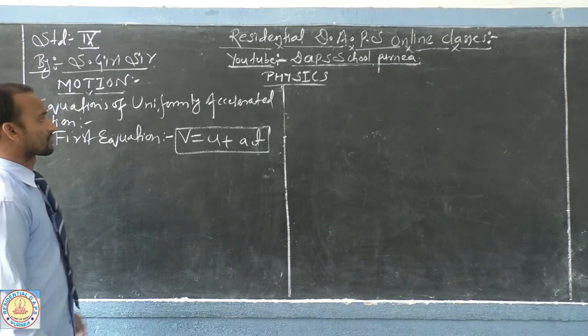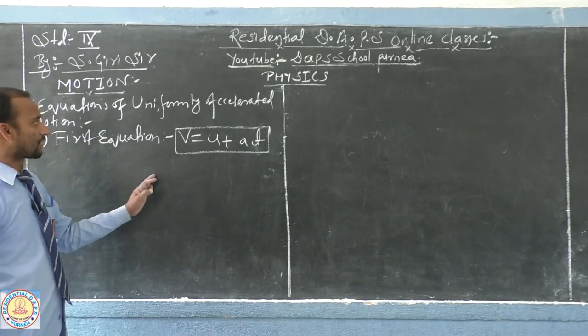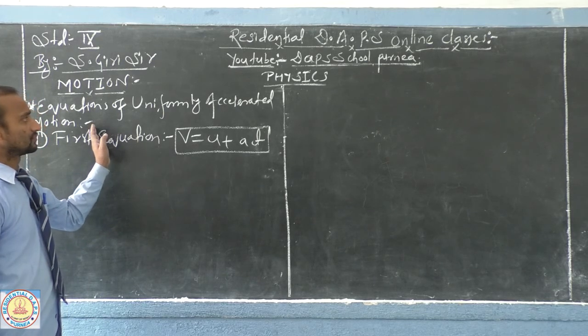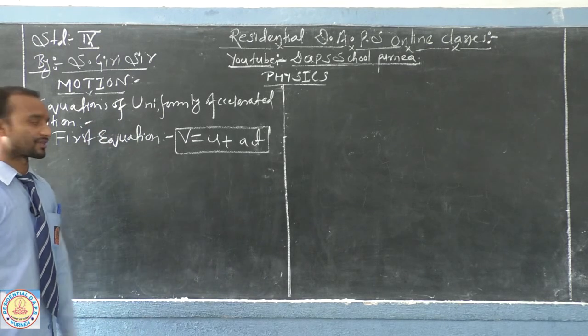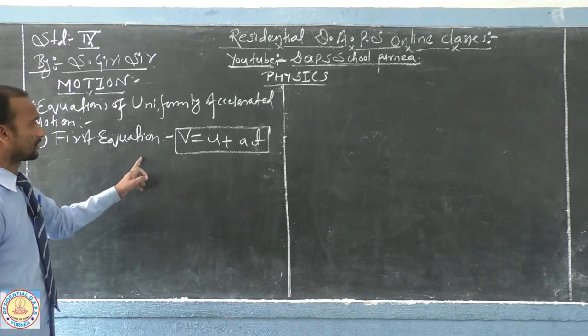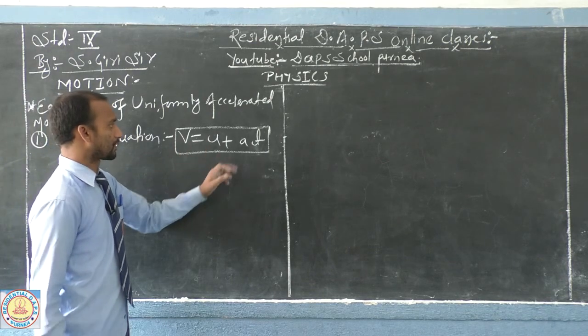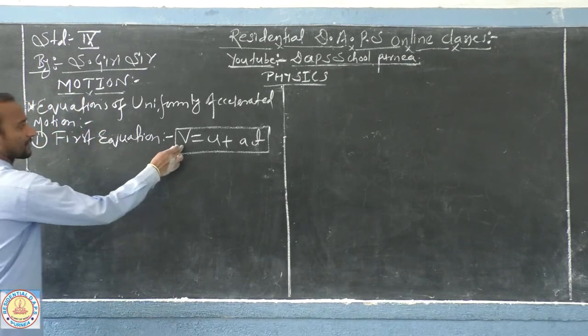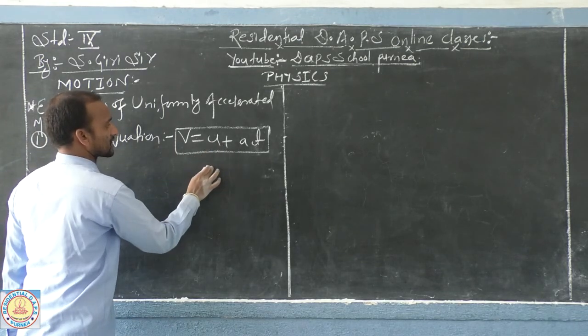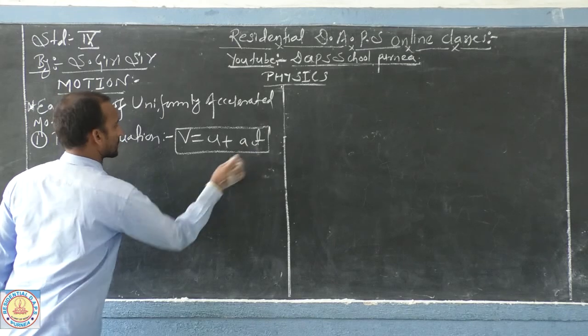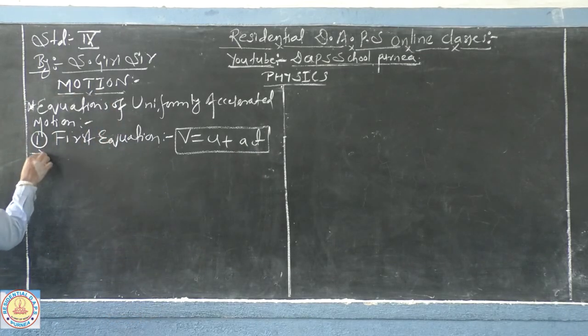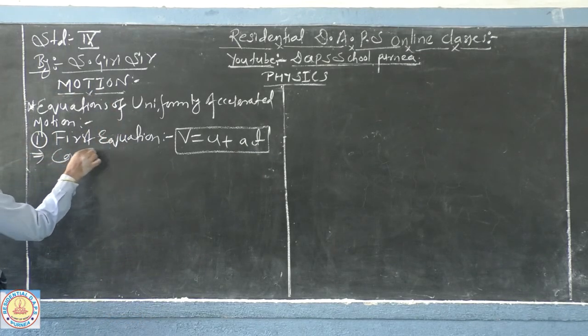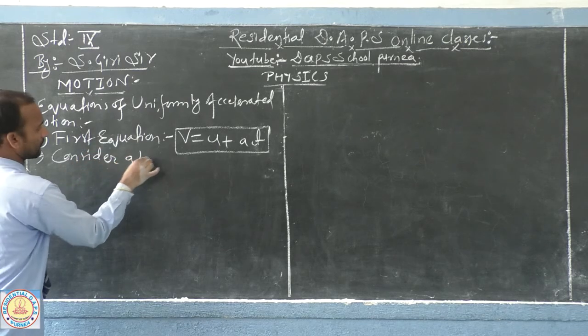Now dear friends, let us discuss and derive the equations for uniformly accelerated motion. The first equation you need to derive is v equal to u plus at, where the symbols have their usual meanings. v stands for the final velocity, u for the initial velocity, a for the acceleration, and t for the time taken. For this you need to consider a body